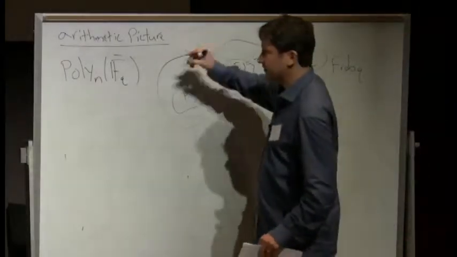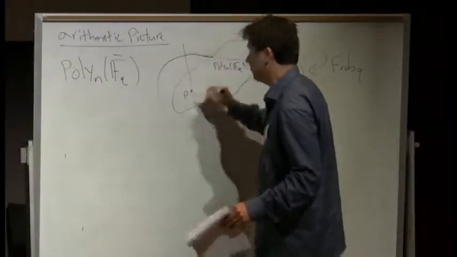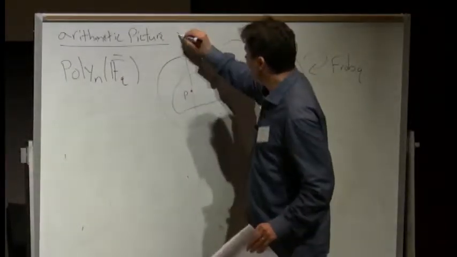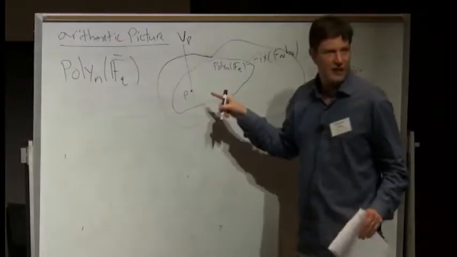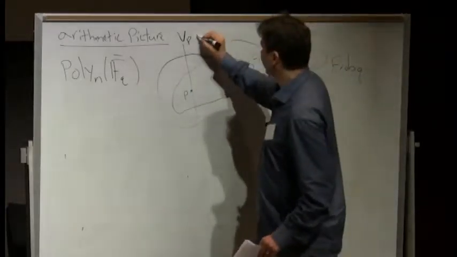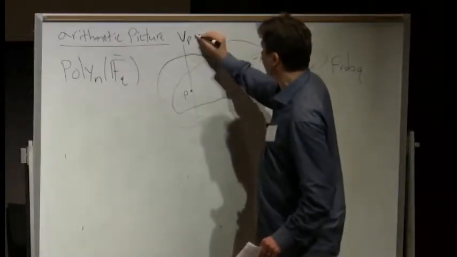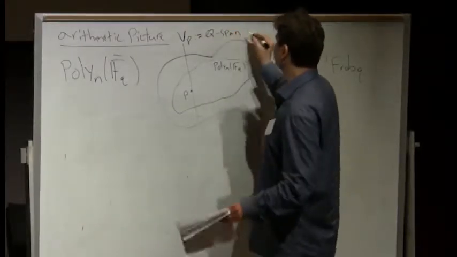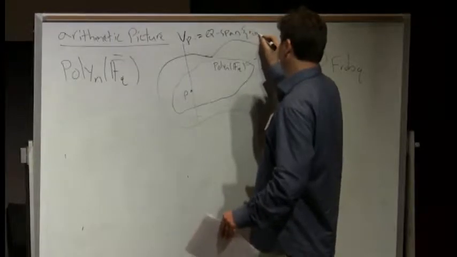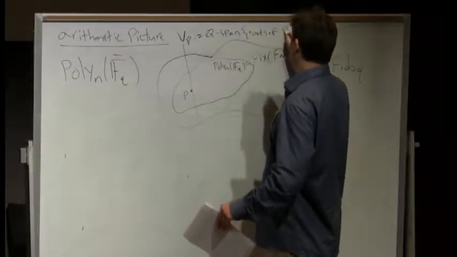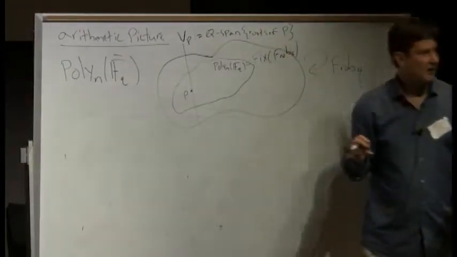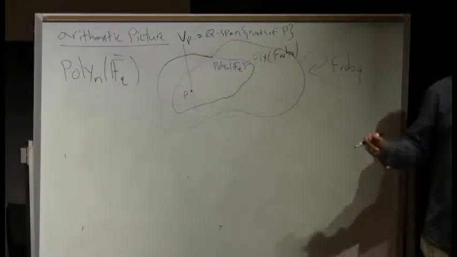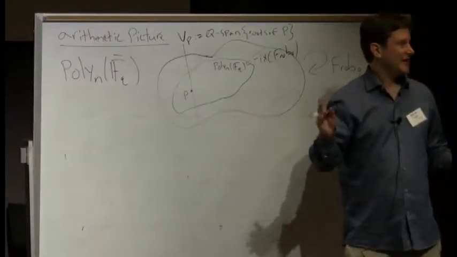But I'm going to now take a vector space, the C-span or Q-span. Let me take the Q-span. We could have done the Q-span over here. Given P, I'm going to just stick a vector space over that point. I'm going to take V sub P to be defined to be the Q-span of the roots of P. P is now a polynomial over Fq, but it still has n distinct roots. Now, there's no monodromy or anything like that anymore, right?